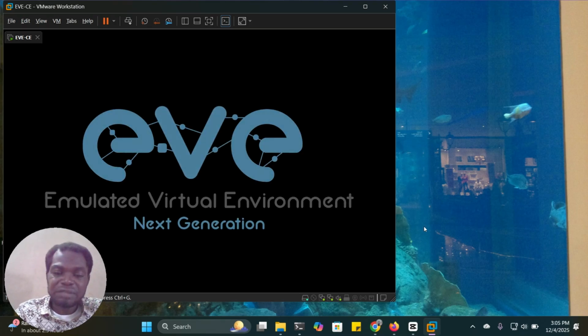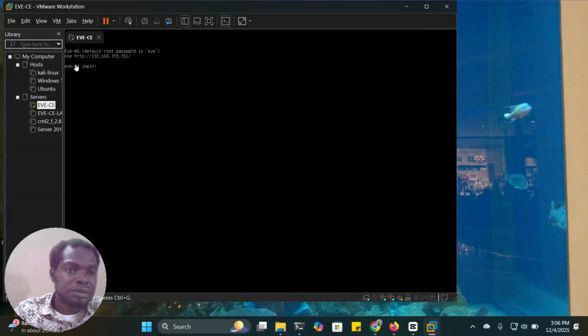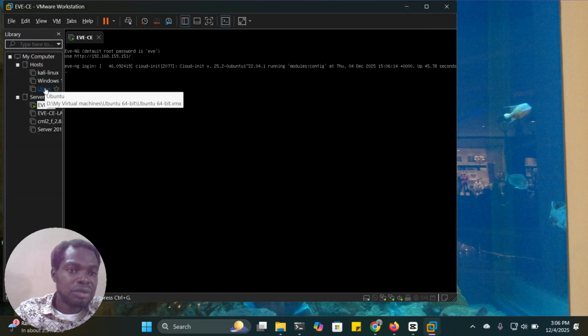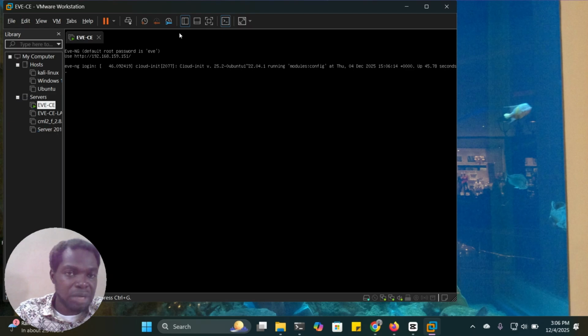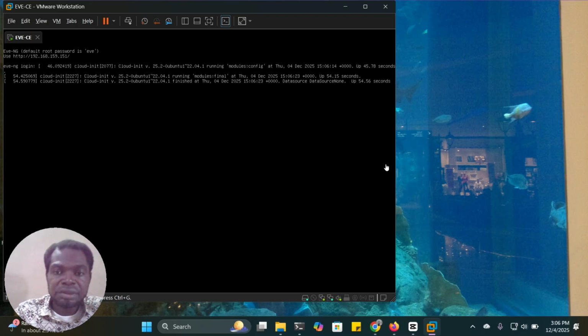And then your hard drive should ideally be 500 gig, because you need to keep the EVE-NG in your host system, not on an external hard drive. Because if you put it on the external drive, it can have latency issues and some funny issues. The other VMs, for example, I have Kali Linux, Windows, and the other ones, are on my hard drive. But this particular EVE-NG is on my host operating system.